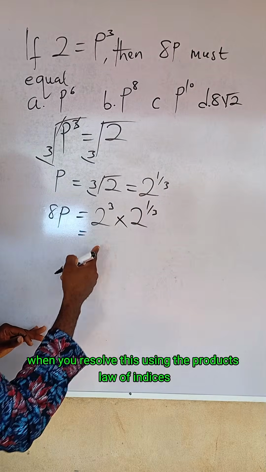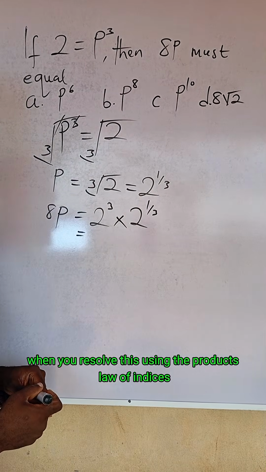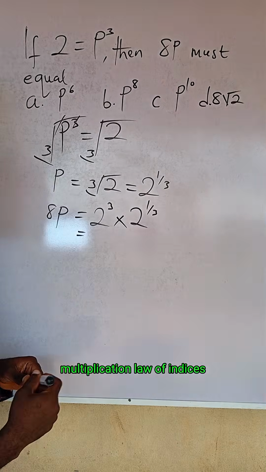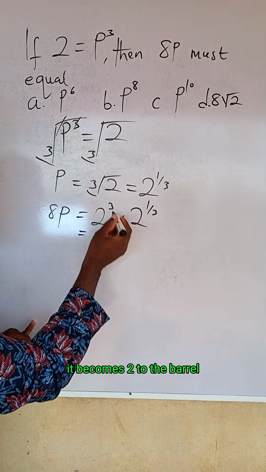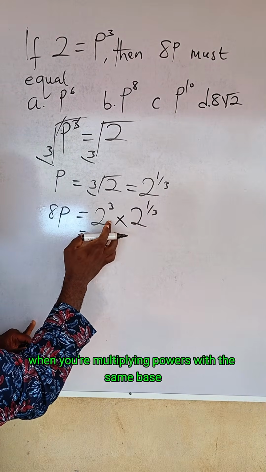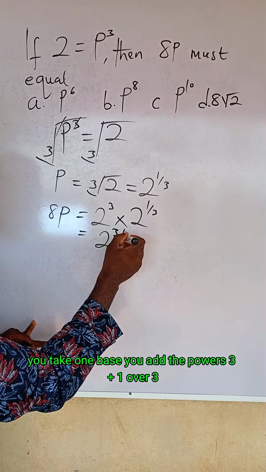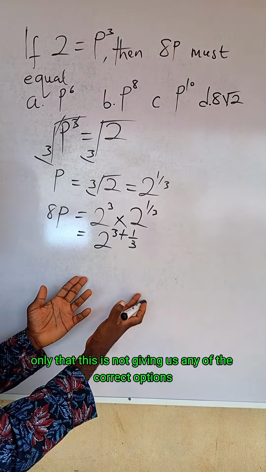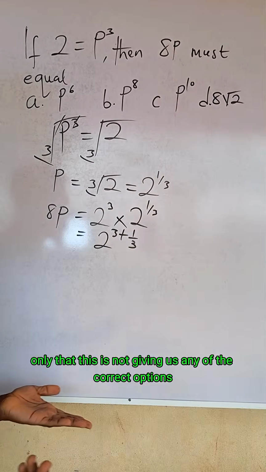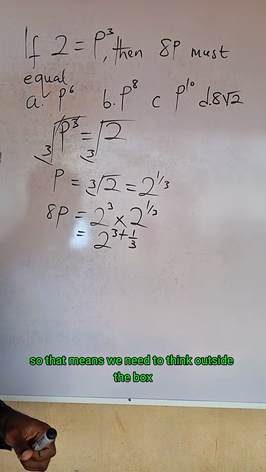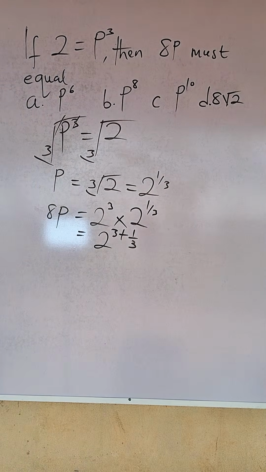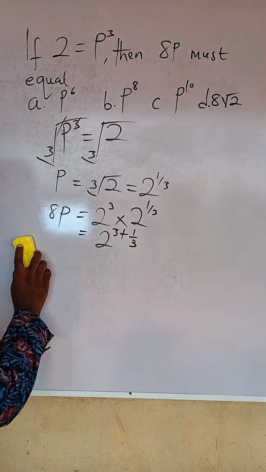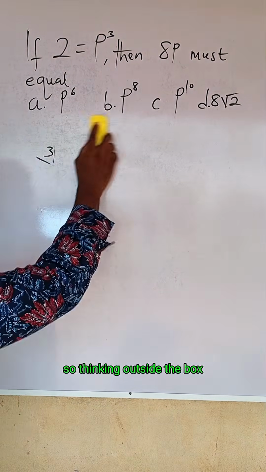When you resolve this using the product law of indices, the multiplication law of indices, it becomes 2 to the power of, when you're multiplying powers with the same base, you take one base, you add the powers, 3 plus 1 over 3. Only that this is not giving us any of the correct options, so that means we need to think outside the box. So thinking outside the box,